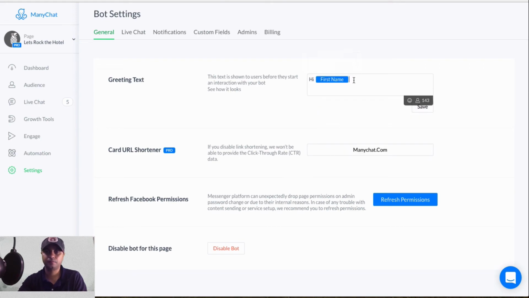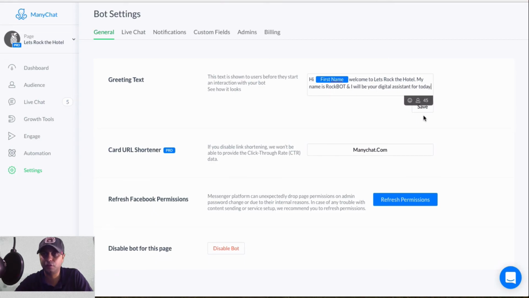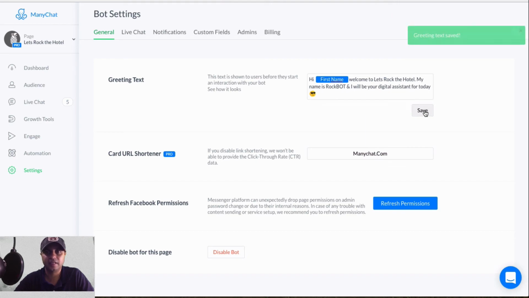Welcome to Let's Rock the Hotel. My name is Rockbot, and I will be your digital assistant. Thank you for hanging in with me for today. How may I help you? Actually, I want to remove that because I don't want to put an open-ended question when we haven't programmed the bot to handle that open-ended question yet. So let's put our smiley face in, hit the save button,